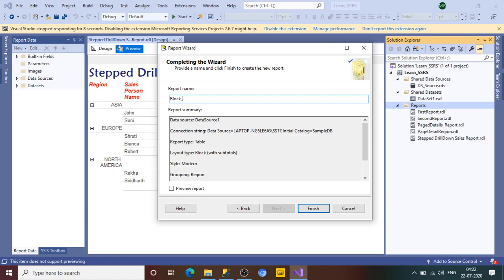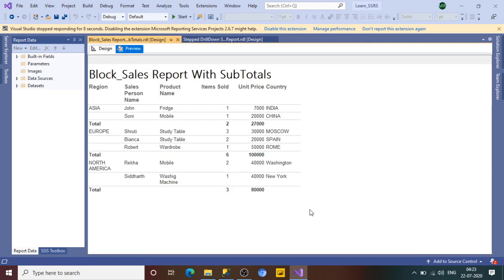I'll say block sales report with subtotal. Okay, wait a second. And click on preview report and click on finish. So this is the way we will be able to create the block sales report.